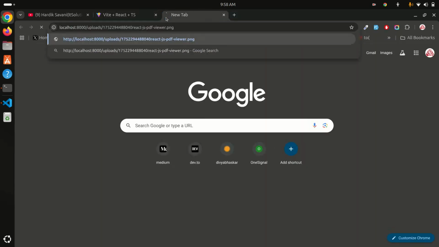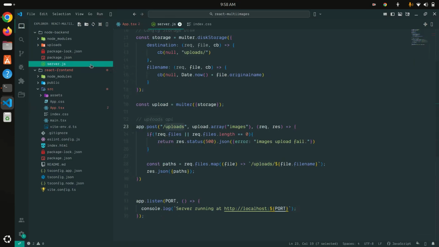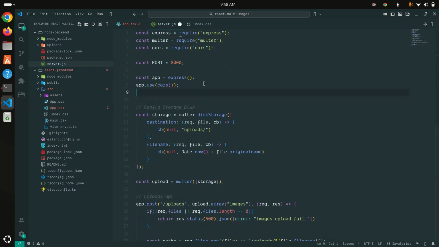Just go here and copy. You can see that I cannot access the uploads folder in Node.js. So that means there is some problem with the Node.js application. So let me go back and go to the server.js. Here I just need to use